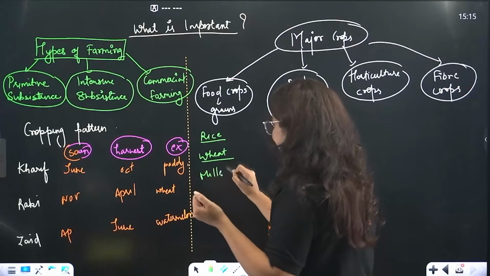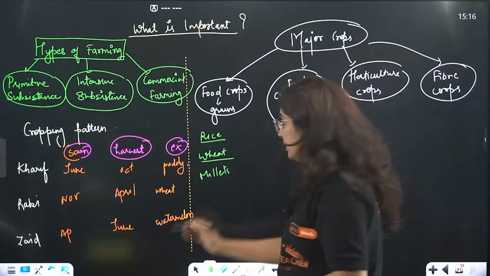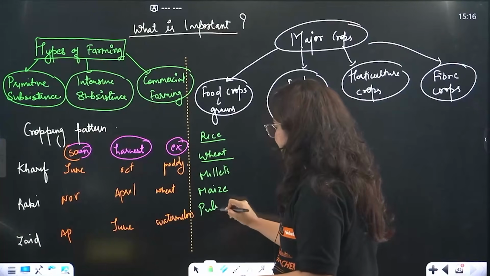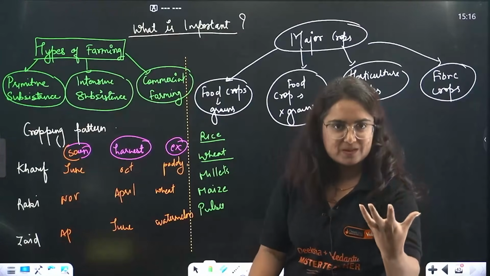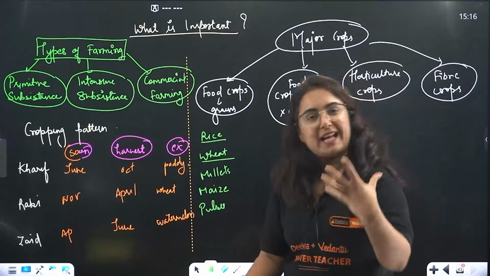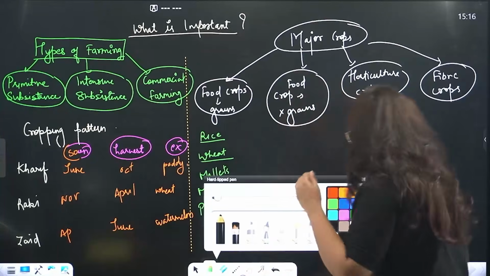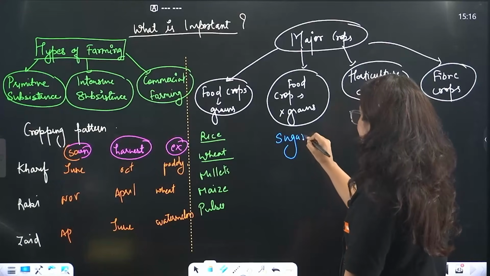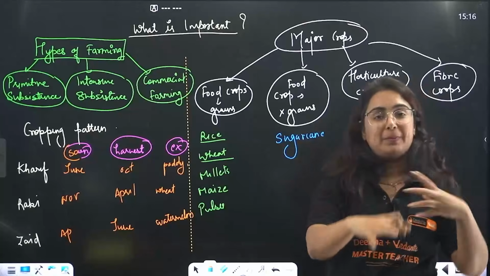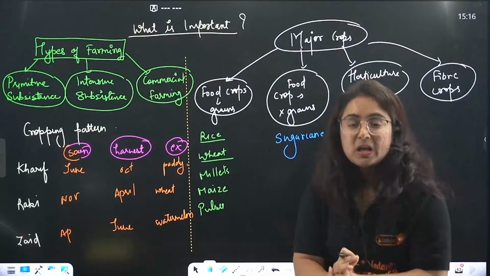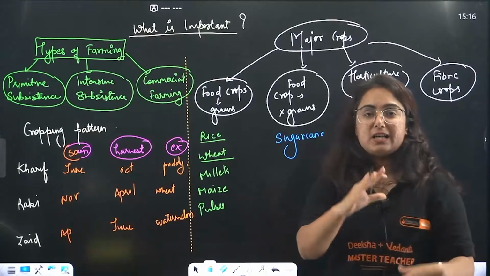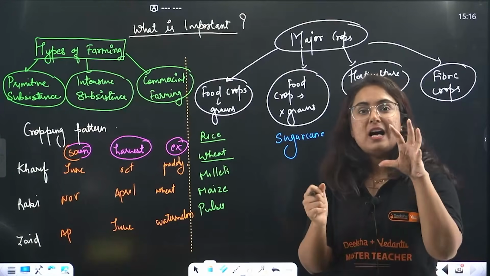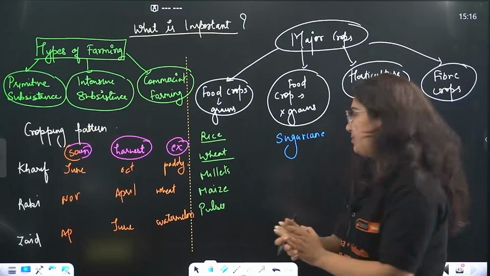Then we learned about millets. Yes, jowar, bajra, ragi, maize, food and fodder crop both. And then about pulses. Pulses is the example of leguminous crops. Pulses like urad, arhar, masoor, etc. Food crops that are not, beta, what? Grains, like sugar cane. Sugar cane is grown in tropical and subtropical type of climate, majorly grown in Uttar Pradesh, Bihar, Karnataka, Tamil Nadu, Andhra Pradesh, etc. Do you remember that? The rainfall required is from 75 to 100 centimeters.